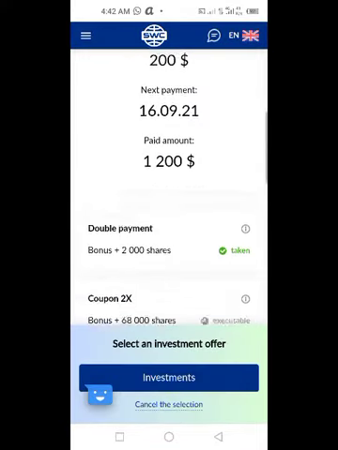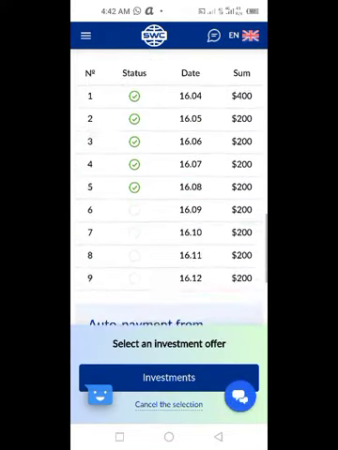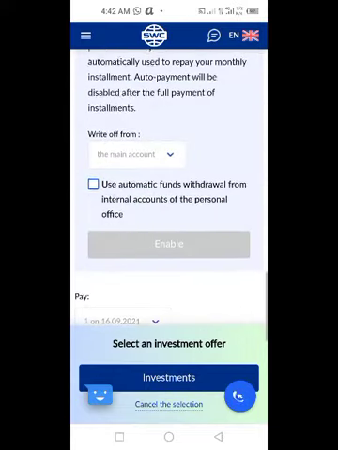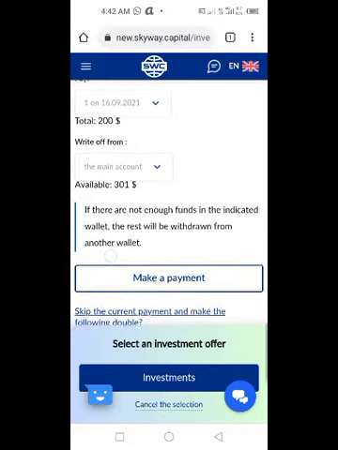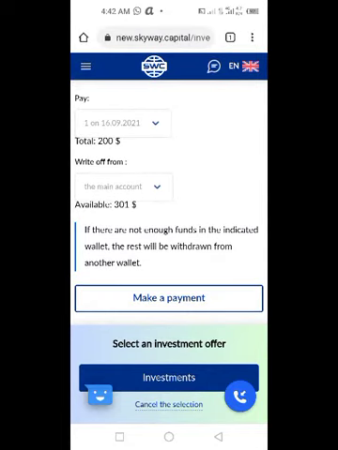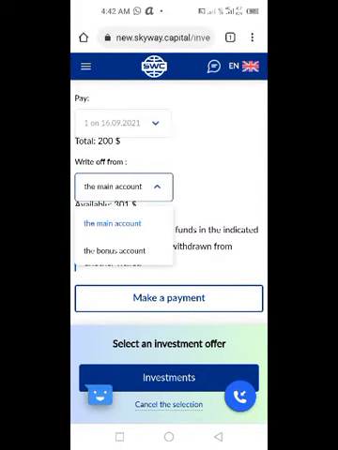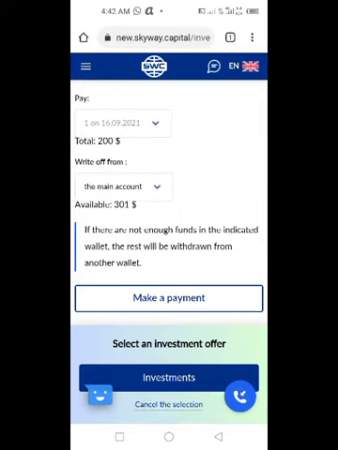When you go there, you scroll down to the installment you want to pay on, and you go to make payments. You can select the place where you want the money to be debited from, whether it is your main account or your bonus account, whichever you select, and you click on make payment.